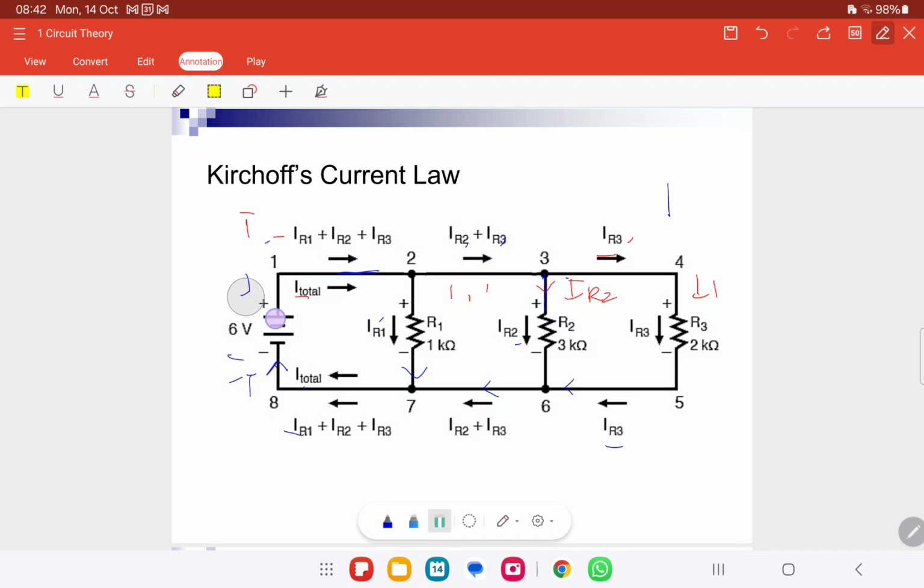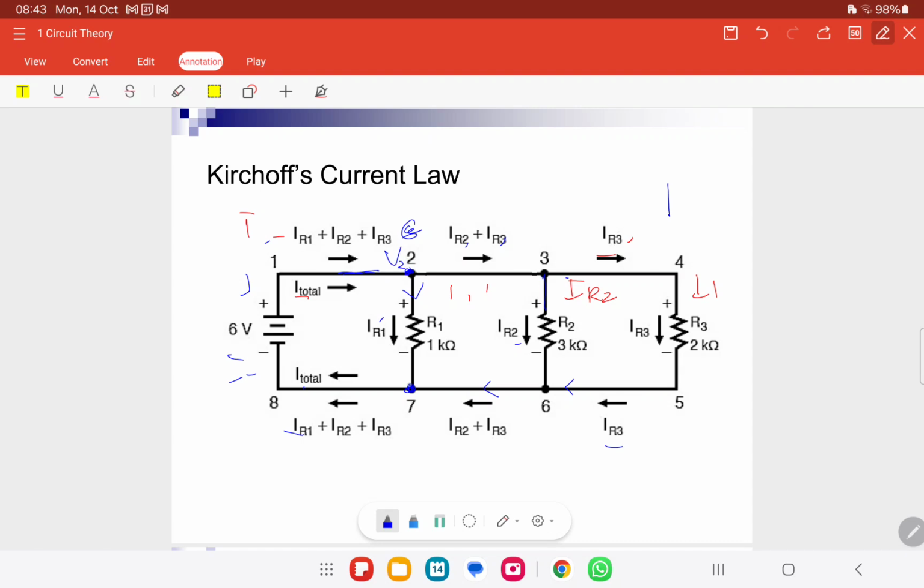Okay. Alright. So let's say for this one is 6. So here is 6. So if we want to get the current in here,